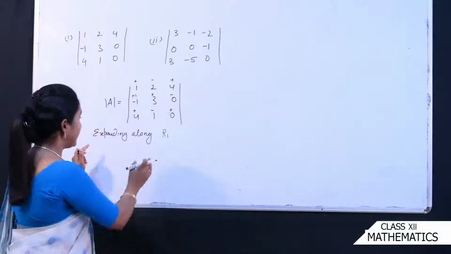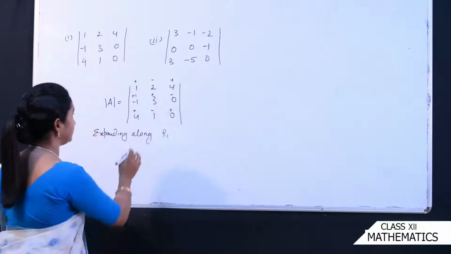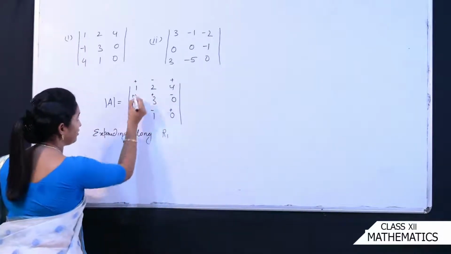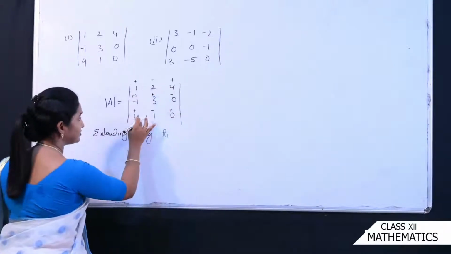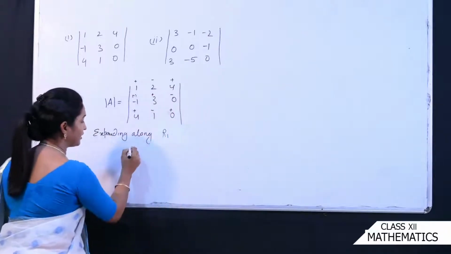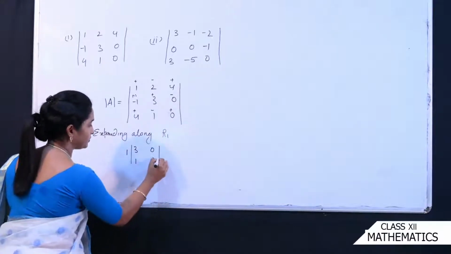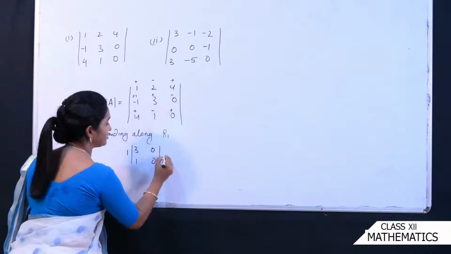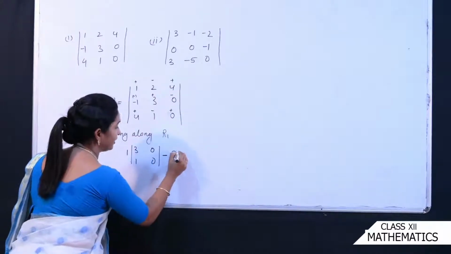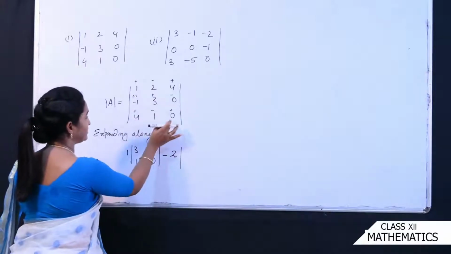Now look at here, expanding along R1. When you expand along R1, that means what is the procedure? Element, first element into its minor. Okay, minor मतलब क्या होगा, क्या बचा है? That is 3, 0, 1, 0. Clear? Okay. Again, सिंस द सिंबल इज माइनस तो यहाँ पे माइनस होगा, एलिमेंट इनटू इट्स माइनस, दैट इज -1 0 4 0, ओके,